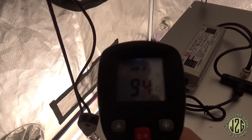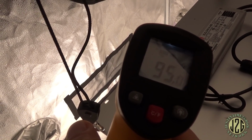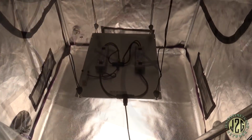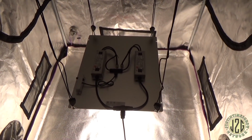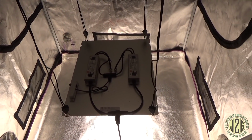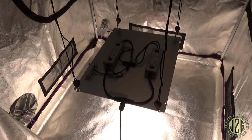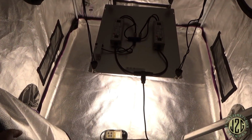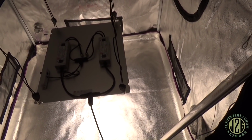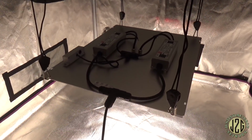Let's get the little side casing here. 93 on the switch. And my final take on the light, basically, it's gonna work for a 4x4 decently. It's not gonna crush it and set any records or anything like that. The middle is gonna be a little bit harder to manage. The outside is gonna be pretty decent, but they kind of need to work on the price, in my opinion,